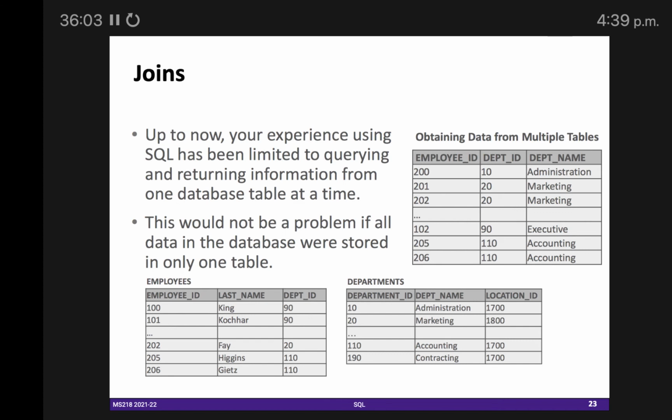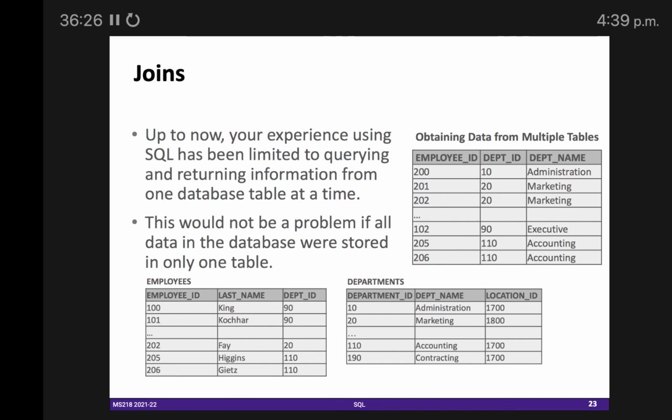This joining process is expensive in terms of computation, because from the memory you have to extract both tables, get the data into your RAM, join it and get results from that. So that's why this joining process is slow as compared to getting data from one table.